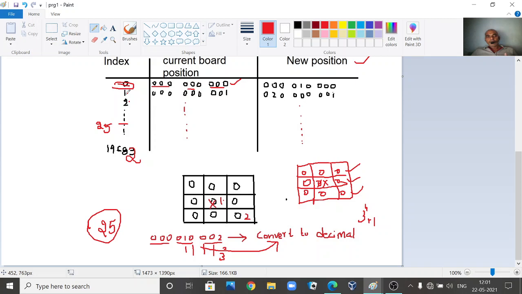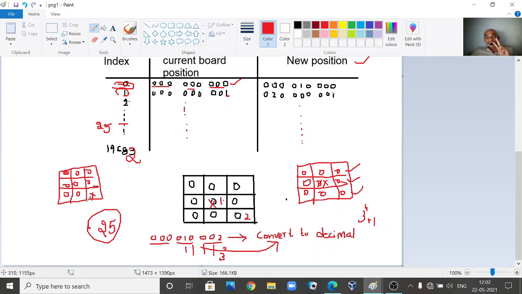Now see here. If you take index 1, this was the current board position. What is the current board position here? If you take your board here and convert the ternary into a decimal number, and you get the number 1, you come to this index 1, you search this index 1 and look into the current board position. What will be the current board position at that moment? It will be like this: 0 0 0, 0 0 0 and 0 0 1. That means 1 means X has made a move, right? For your simplicity, I am writing X. Actually it is 1 here. You see here, what is the new board position? 1 here means X has already moved.